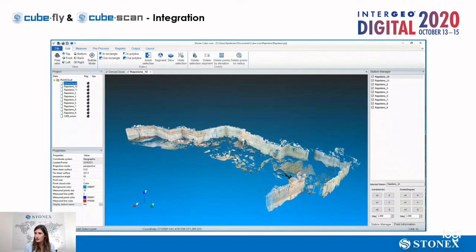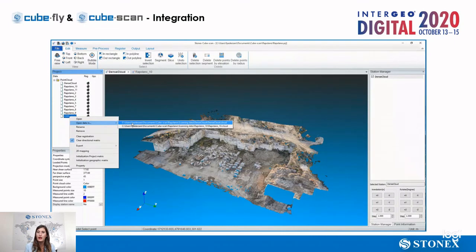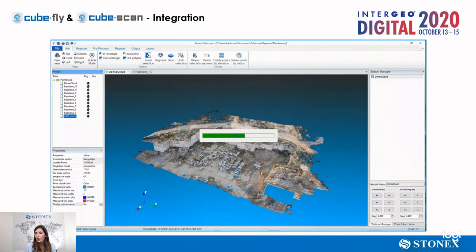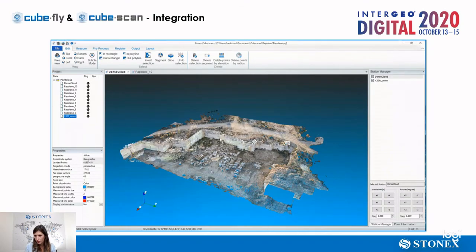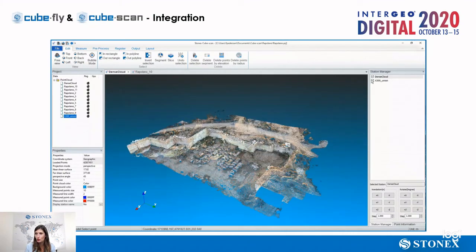There are 10 scans. Then I merged together these 10 scans and created this X300 union. Now I load this X300 union on the survey made with the Cubefly. And so you see that these two data can be combined together,